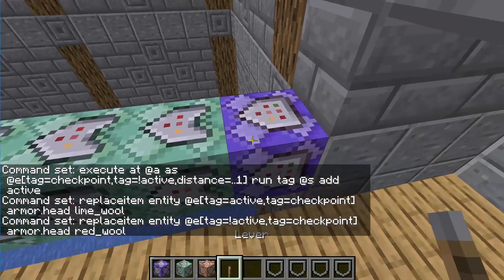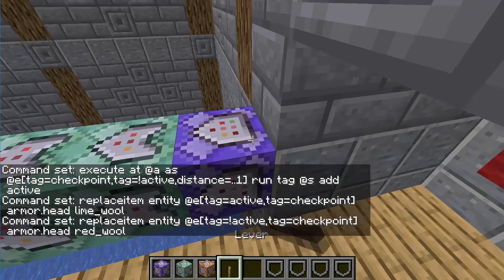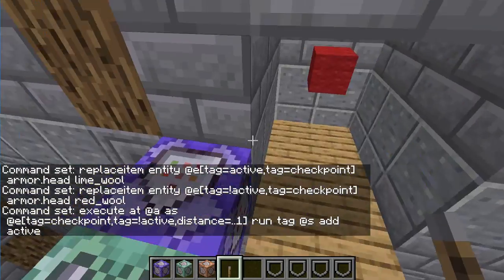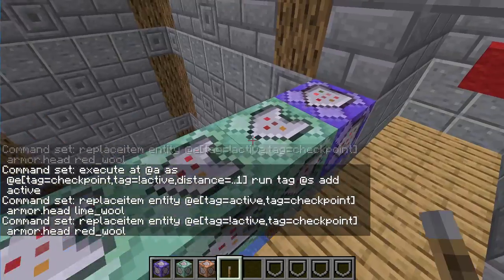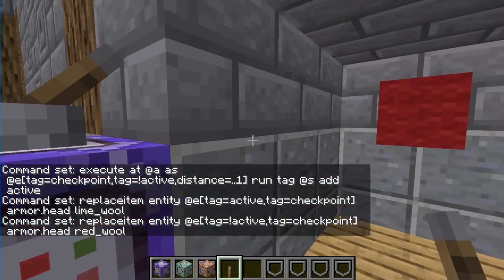So what is going to happen? When we get near one that is not activated, it will take away active from everything. Then it'll say, wow, we did that. So now let's add active to this one. Now let's also replace all of our heads with lime, and let's replace all of our heads with red wool. So we'll do that. When I go up here,